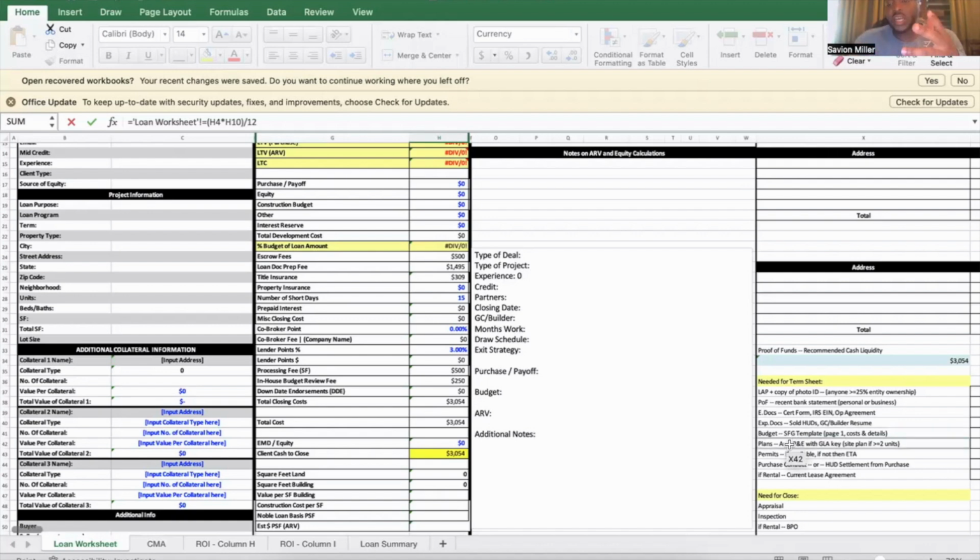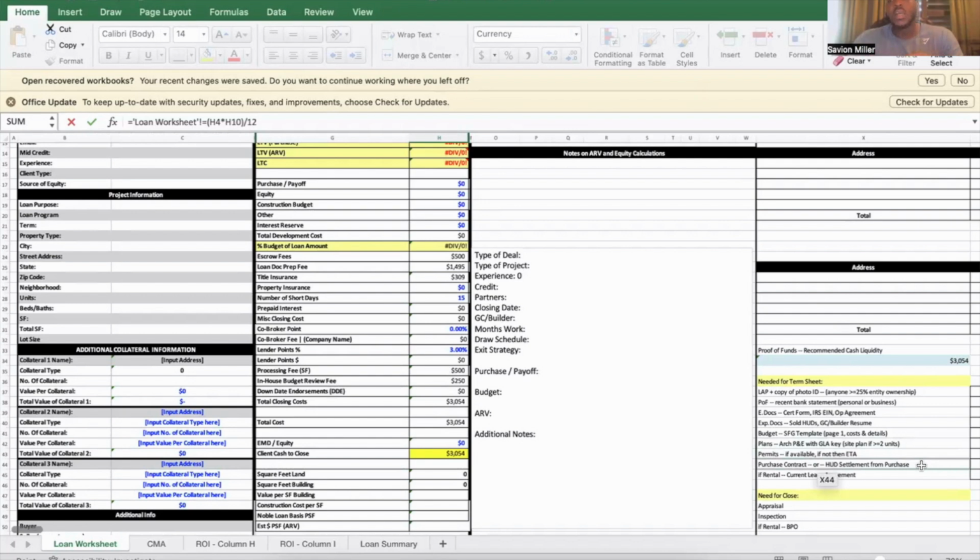And then your architectural plans. This is going to be more so for development, but your architectural plans and elevations, you have to have that. And then your permits. A lot of companies won't require you to have permits to close, but before you break ground, again, this is a construction channel pretty much, we're going to be talking about ground up stuff, but before you break ground, they require you to have permits, right? And then obviously a purchase contract or HUD, if you're doing a fix and flip, right, and you're wrapping the purchase up